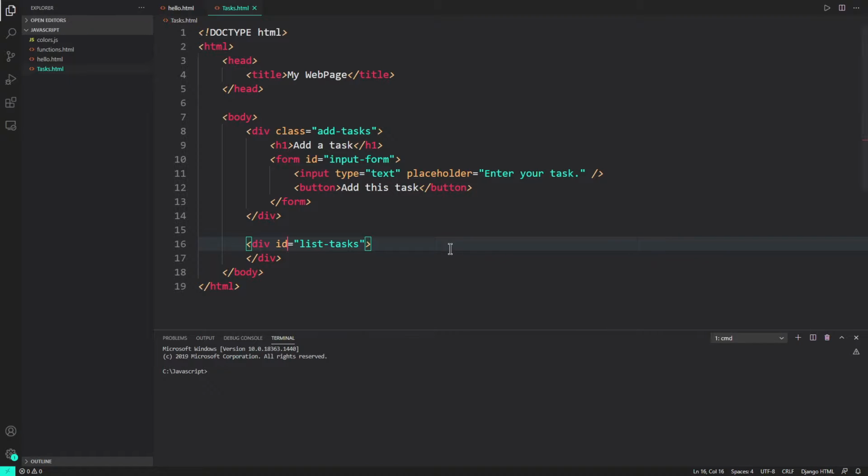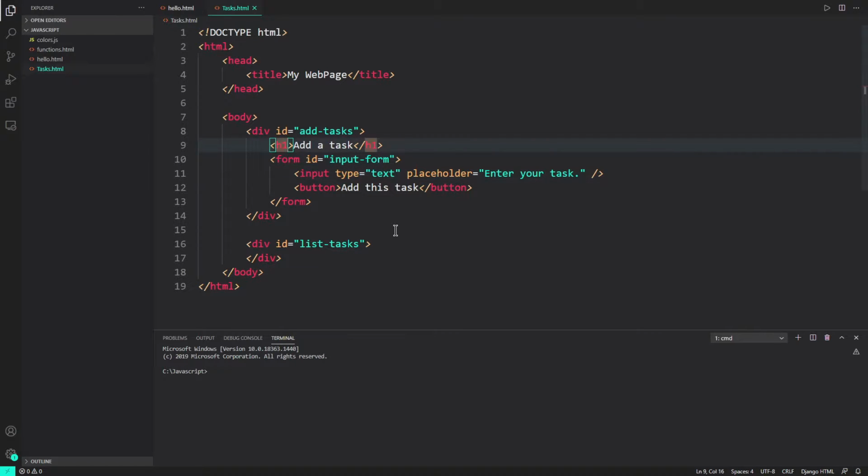So I have just pre-written the HTML skeleton that we would need. Over here, the first div is called add task. I'll just make it an ID. This is a quick tip: if you are naming one attribute as an ID, then keep naming everything as an ID, because I used to make this mistake of creating a div and giving it an ID, then giving a class to an h1 tag and so on. It just gets very confusing while calling. So if you are writing an ID, then everywhere just write an ID, not a class.